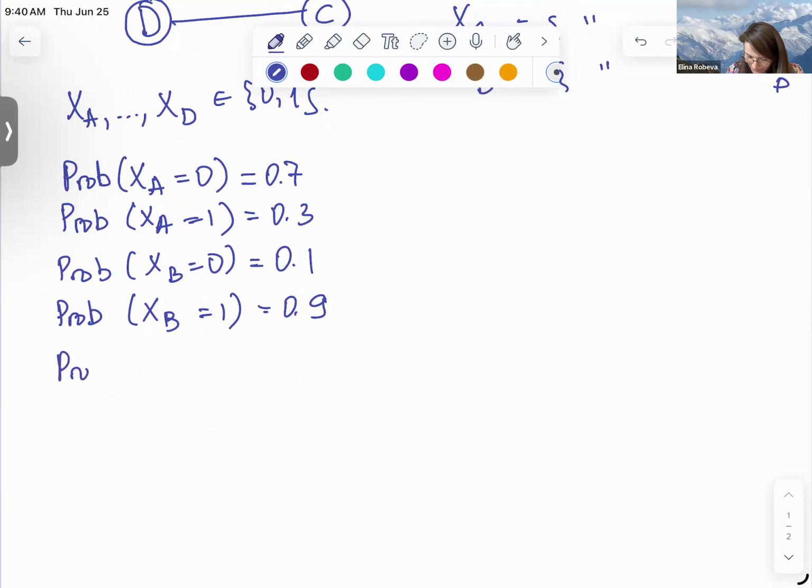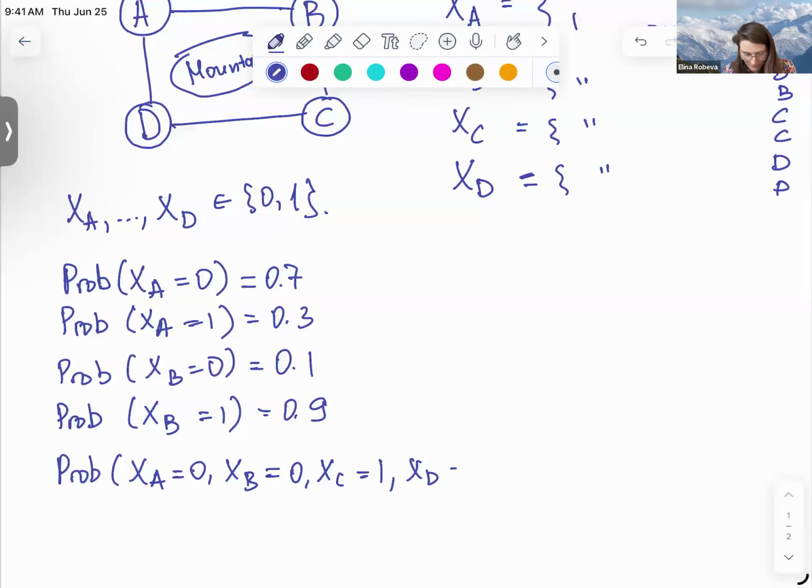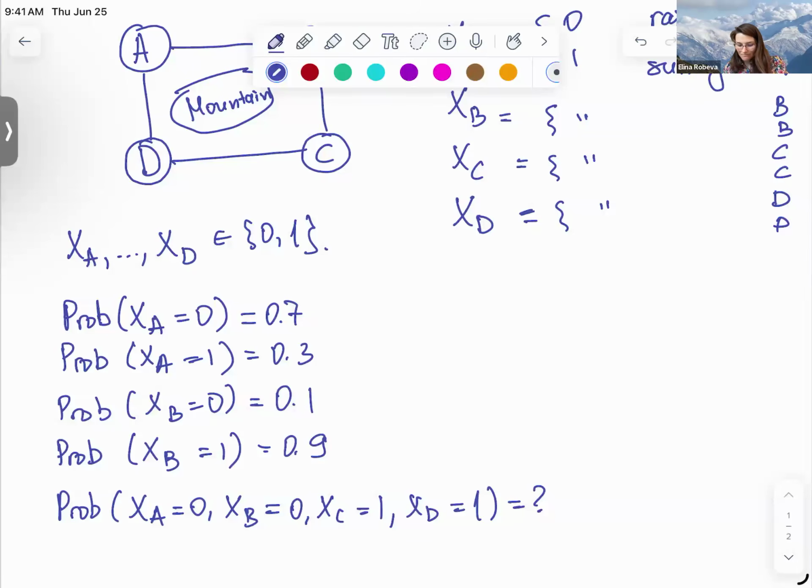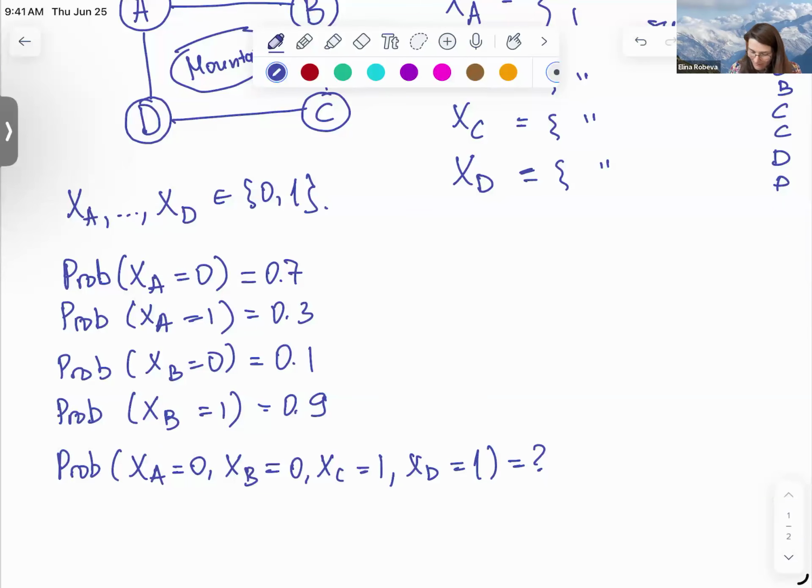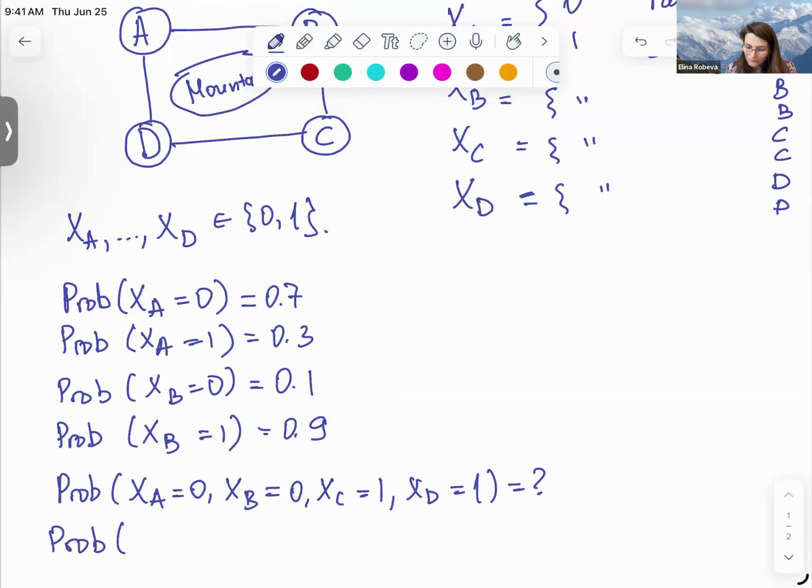For instance, what is the joint probability of all four taking some particular value, like xa is 0, xb is 0, xc is 1, xd is 1, for example. That would be one question. Or maybe you've observed the weather in three of these cities, and you're wondering what the weather will be in the fourth one. For example, we might be asking, what is the probability that xc is 1, given that